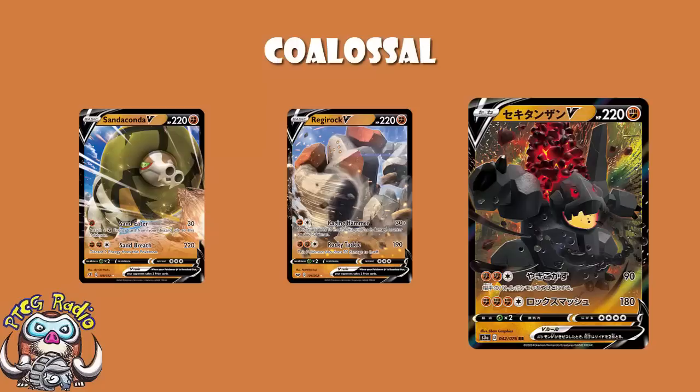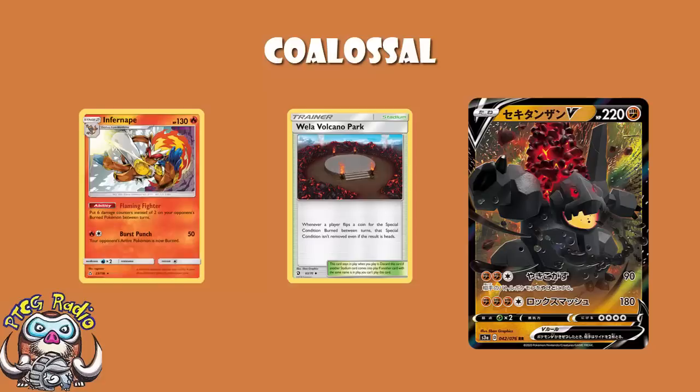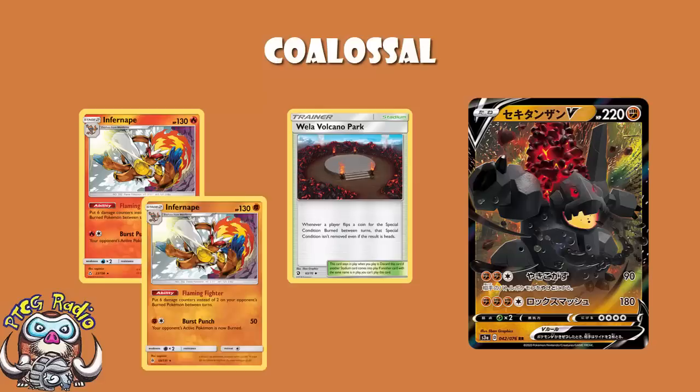And to be honest with you, although we have had some really nice tricks for burn in the format we're just leaving, the burn tricks are going as well. Well, a Volcano Park that stops your opponent flipping heads to get out of it, that's going. The Infernape that makes burn put 6 damage counters on rather than 2 between turns. Well, we've actually had 2 different versions of it, 1 fire and 1 fighting, and they're both going away. One was in Forbidden Light, 1 was in Ultra Prism. Both those sets will be rotating. So essentially what that means is,